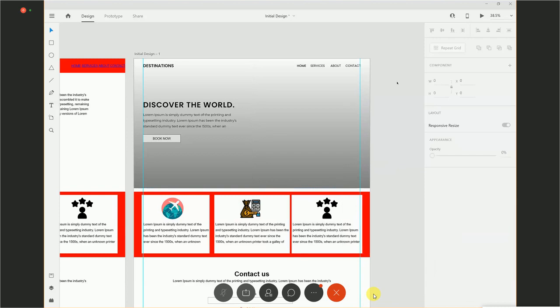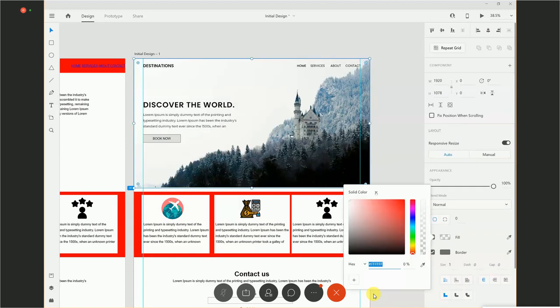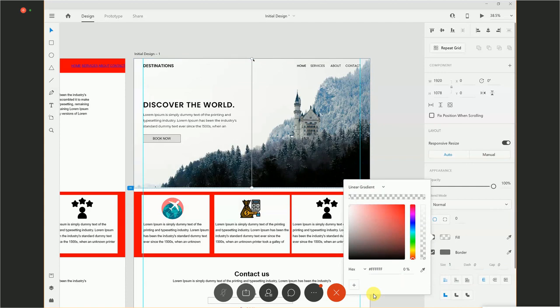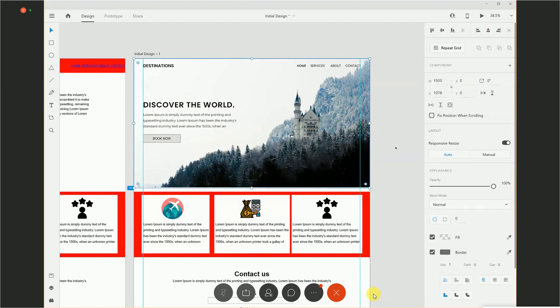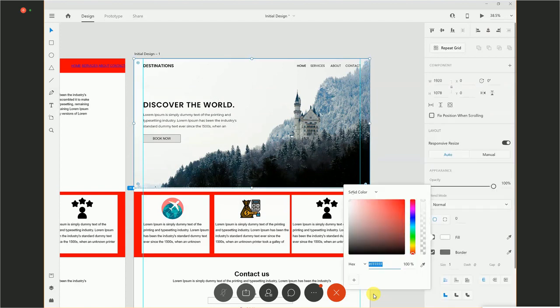For those of you who are not able to do that, let's try that again. Select this, click on this fill, and click solid color and the drop down here. Select linear gradient. Why is this not happening? Looks like I made some mistake. Let's see. Yes,